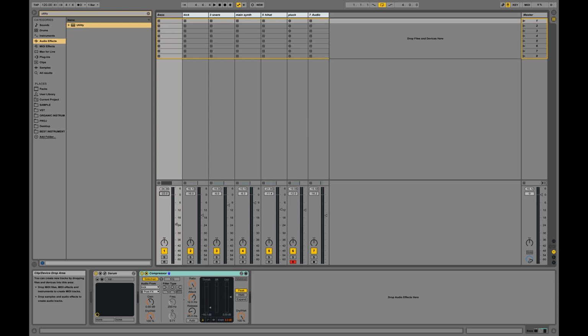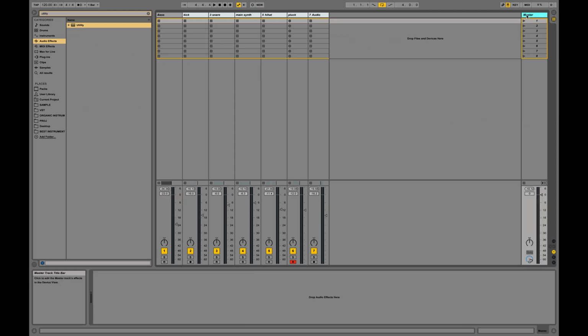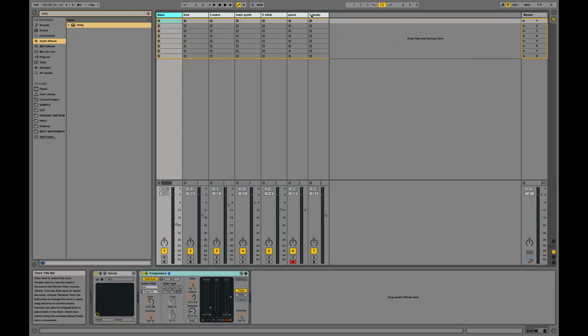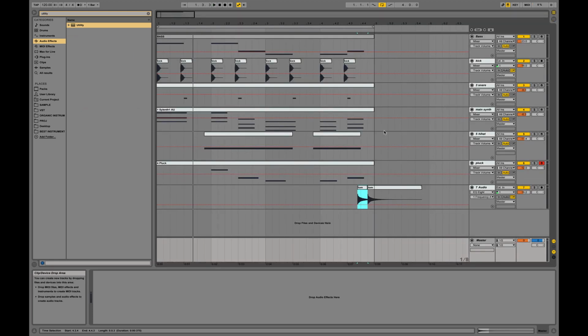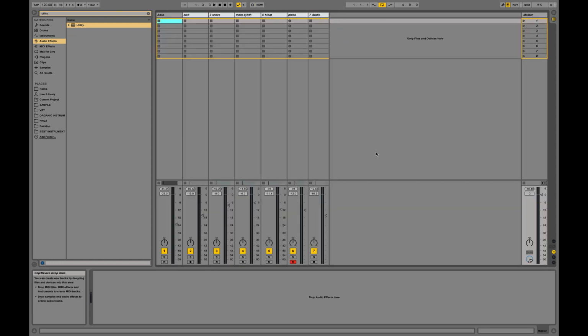And now we can proceed to the final process, which is mastering the track. And what it is, is just adding effects on the final track, which is here, which is called the master track. And that's where all of these tracks go to. They are all routed in here, and we've got a final fader here. And you can of course find it as well in the arrangement view at the bottom. So to view it, you need to simply click on this track,